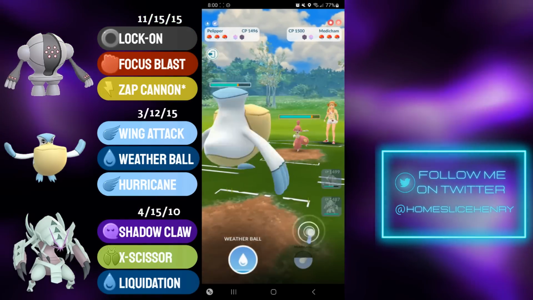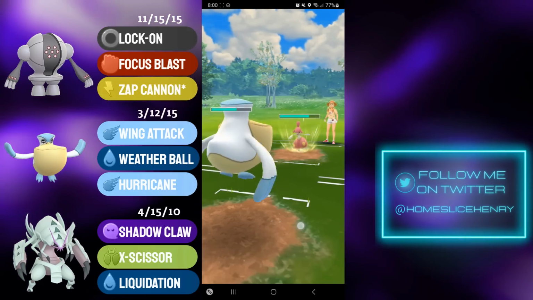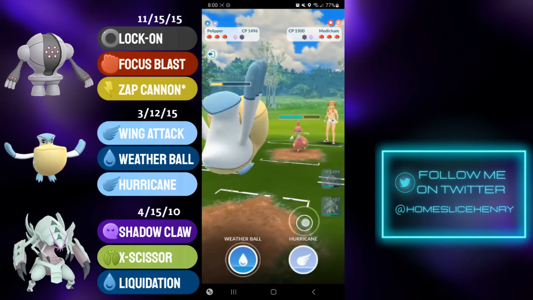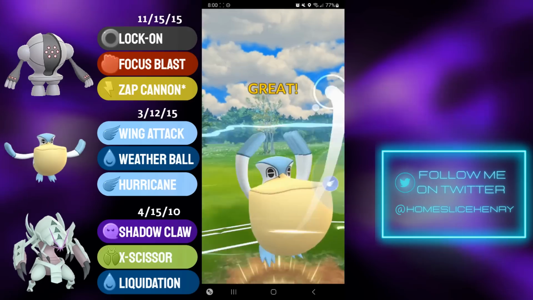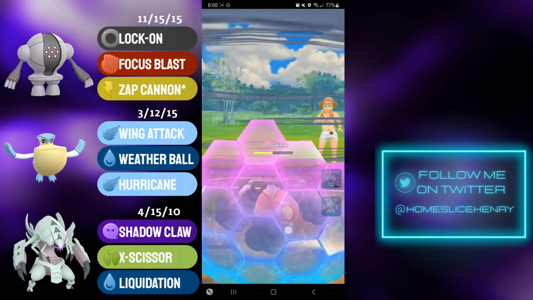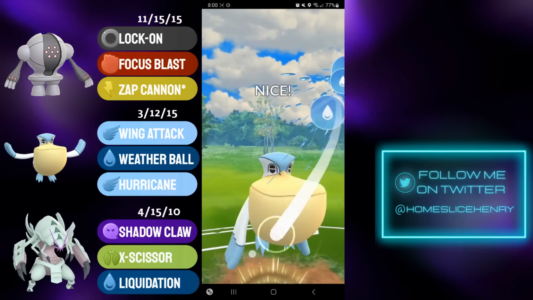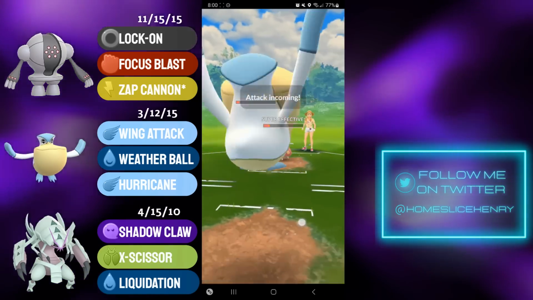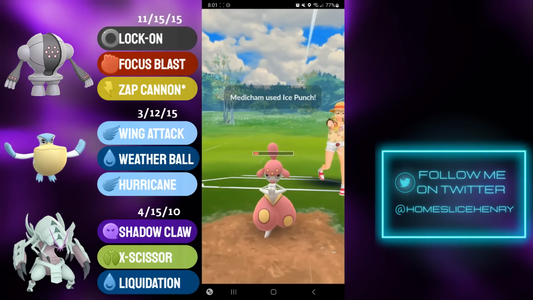Opponent now sends in Medicham. They are clearly extremely weak to flying in the back. Medicham firing off the Ice Punch. We see the no shield from the Pelipper. Pelipper farming up until just before Medicham makes another Ice Punch and full sending the Hurricane here. Hurricane will get the shield. Opponent now out of shields. Pelipper firing off the Weather Ball. This will not be lethal, but it will get the Medicham low. Medicham cannot farm down. They're forced to fire off a charge move, and now this sets up the perfect farm